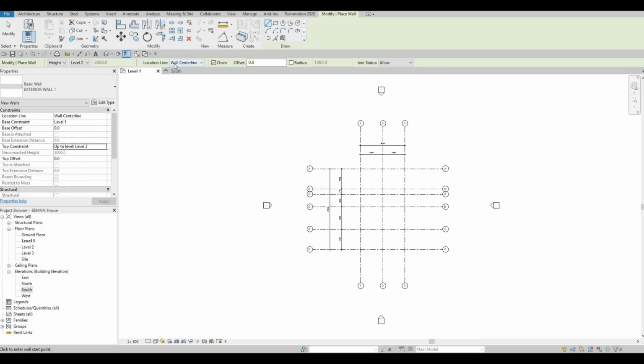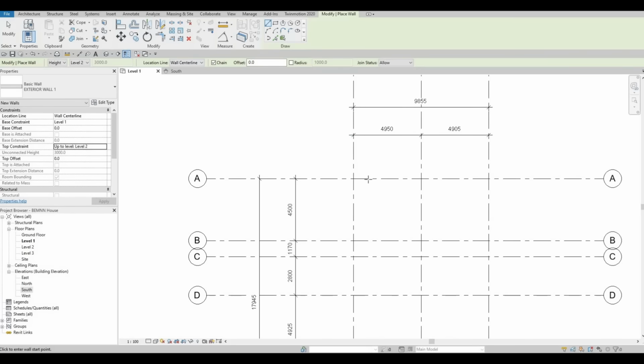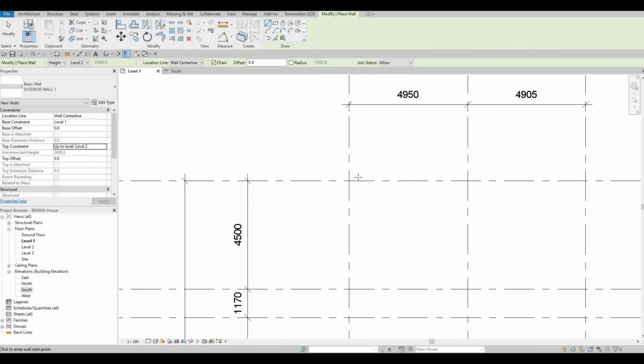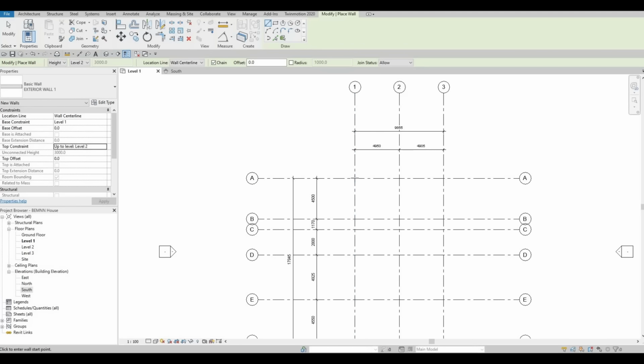You can just leave wall center line. So basically how it looks is, once we click this, it will be centered on the grid lines right here. You can even choose finish face exterior or interior, or core faces like that. It's up to you, but most of the time I use wall center line. So now I'm gonna click A1, which is right here,